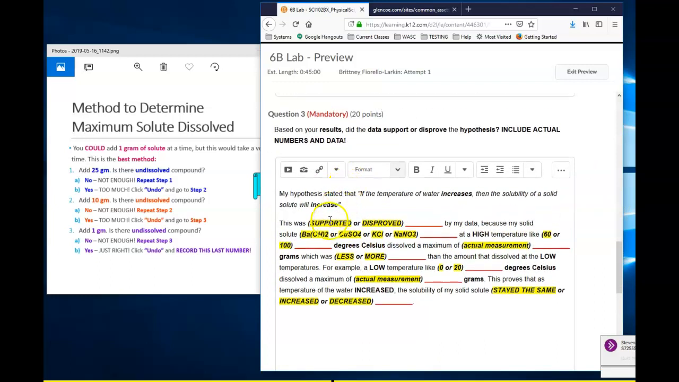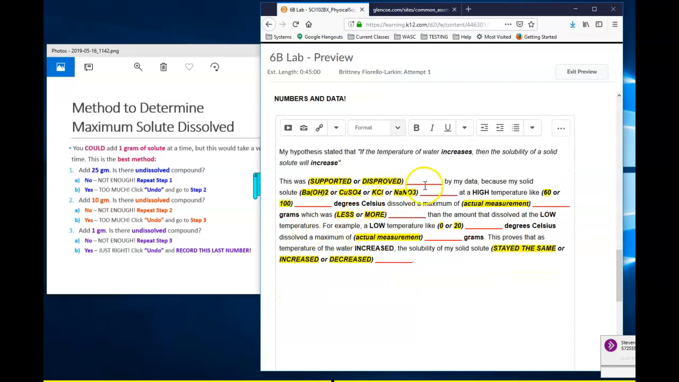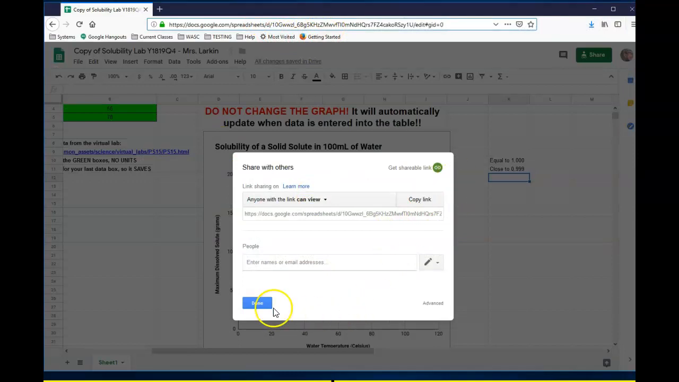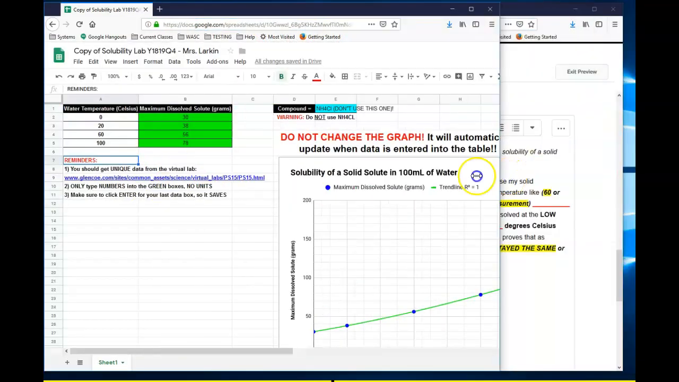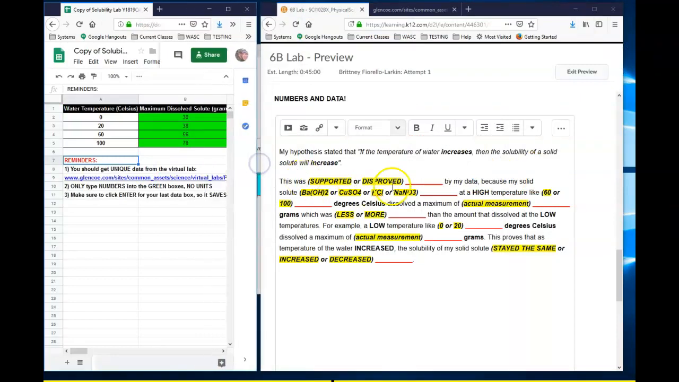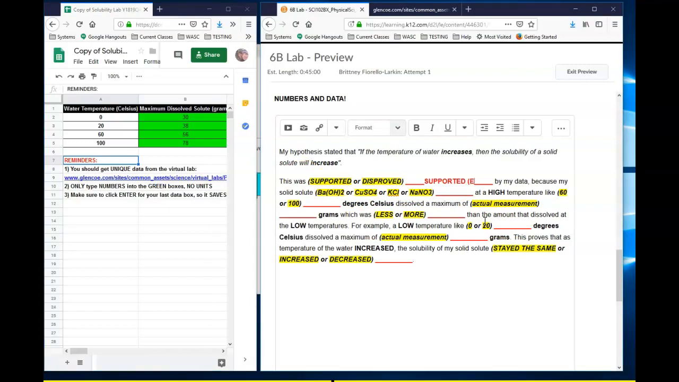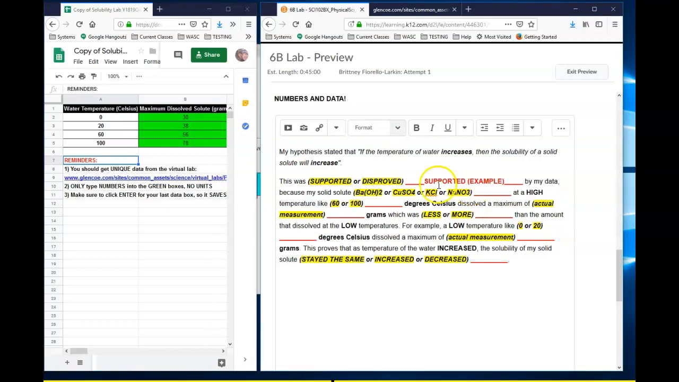All right, so question number 3 asks you to make your conclusion. You're going to say our hypothesis was if temperature of water increases, then solubility of the solute will increase. Now, taking a look at my data, guys, again, your data may not be the same, so don't copy this. But I am going to show you an example of how I would answer this. I would say that mine is supported by my data because my solid solute, which for me was